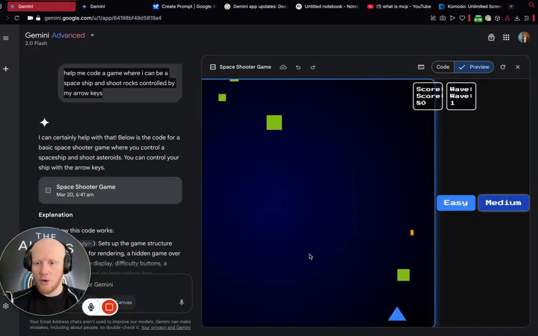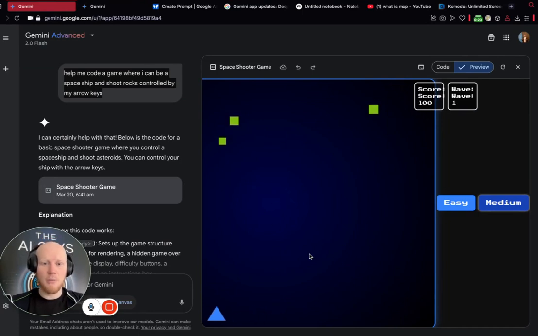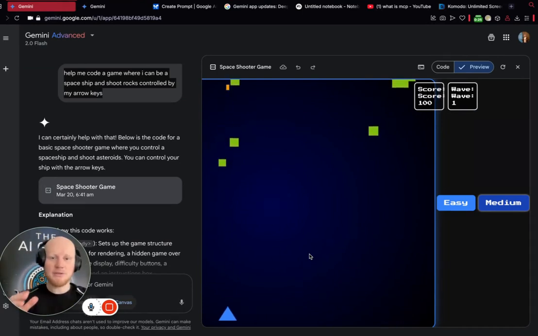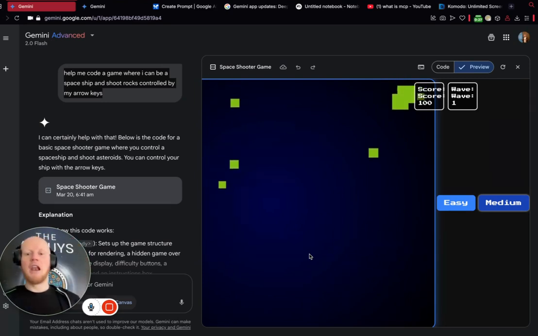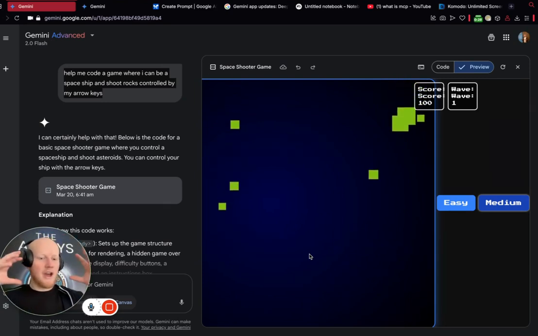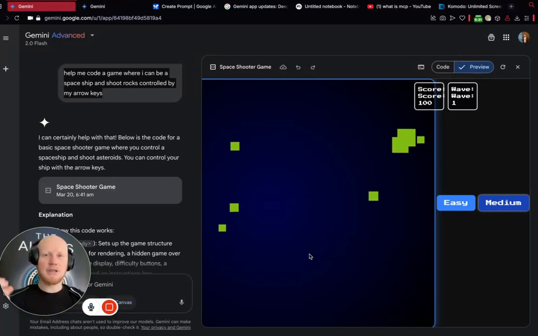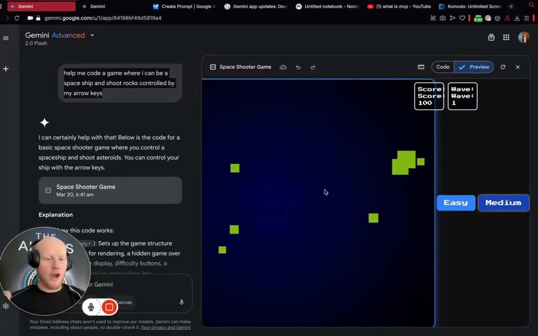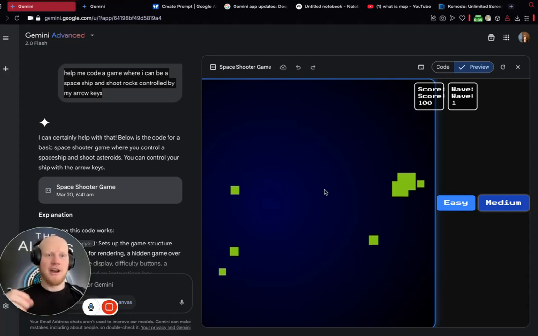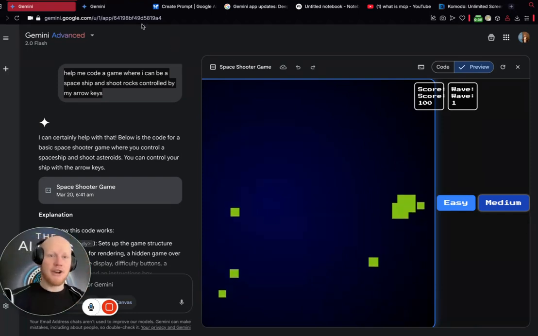Now, Google came out a little bit weak with Bard. No one was really into it. It wasn't doing a very good job, but they have absolutely come out swinging. I am in love with all of these different Google tools. They are positioning themselves to be an absolute power player and the go-to AI toolkit, right? This is just one of the many functionalities that you've got within it.